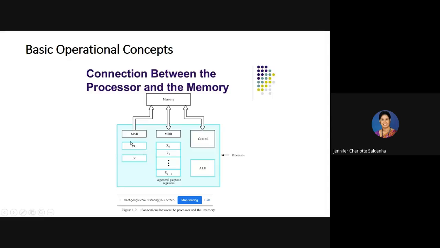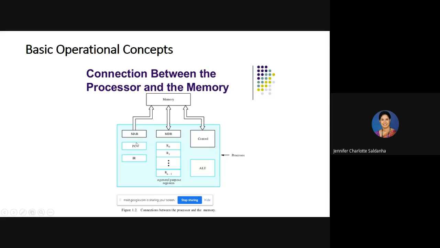So once the program counter is incremented to hold the address of the next instruction, the previous instruction gets decoded and then executed, and after execution the next task is to execute the next instruction,